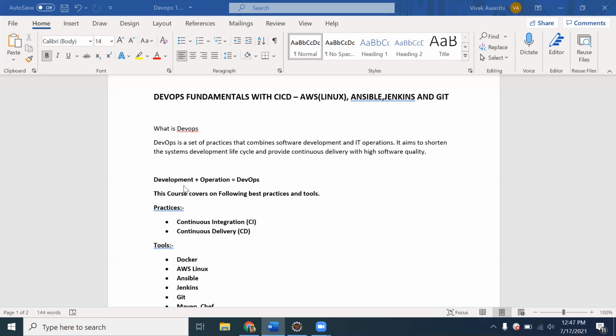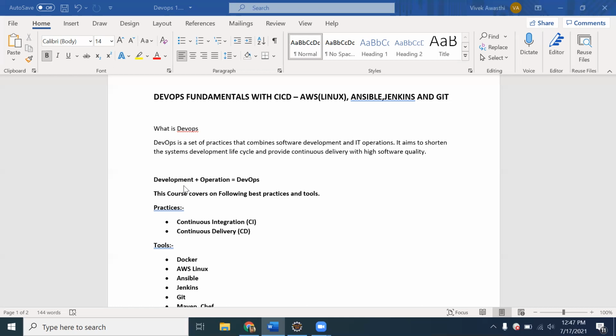But nowadays, if you consider Google, Amazon, or the big companies, they are doing deployment in a minute, or 30 seconds, or even less. So how can they achieve this kind of fast deployment, deploying the application in 1 or 2 minutes? This is possible only because of DevOps, where we can automate each and every practice and process, and then we can deploy the application in the DevOps model continuously.